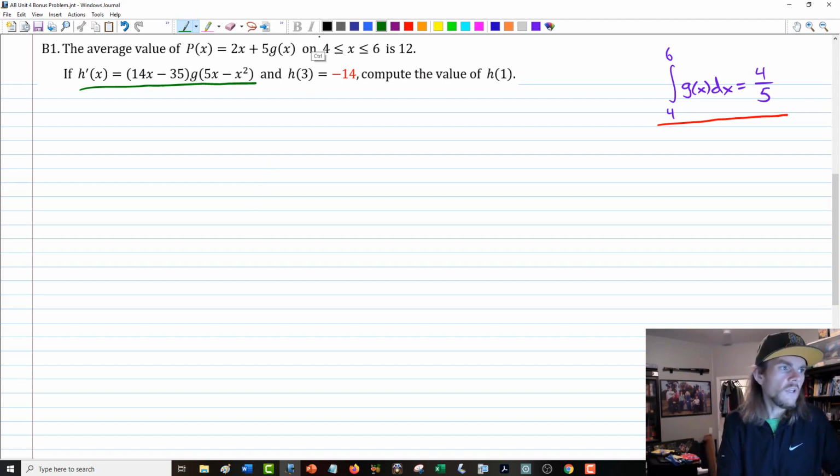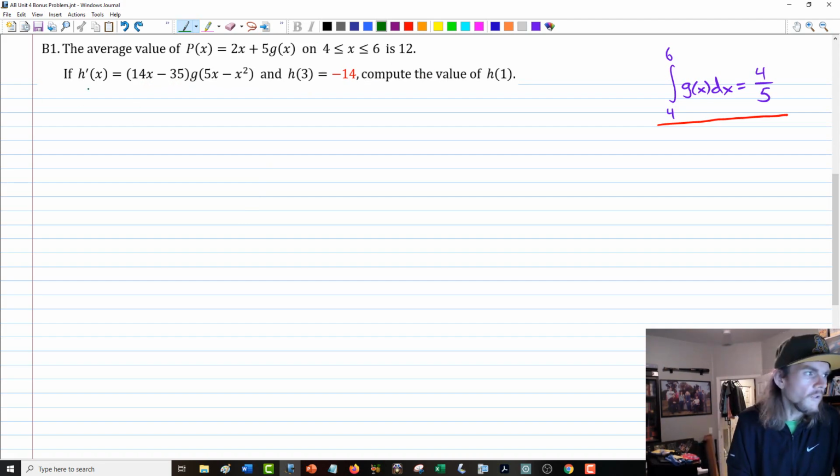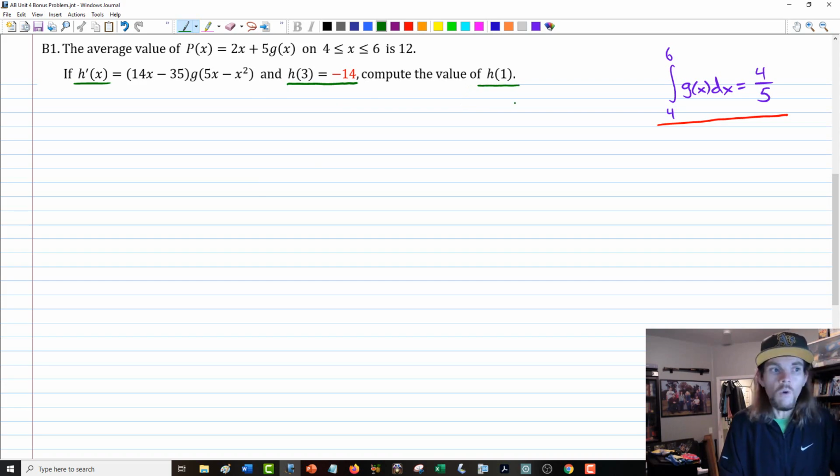And actually, that's sort of an interesting place to take a pause for a moment. So before I dig in too far, we're given h prime. And yes, it's a whole thing, but we're given h prime. We're also told h of 3 equals negative 14. And we're asked to find h of 1. Those 3 pieces together